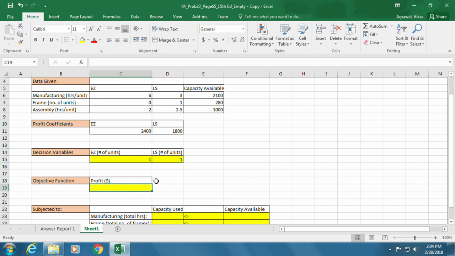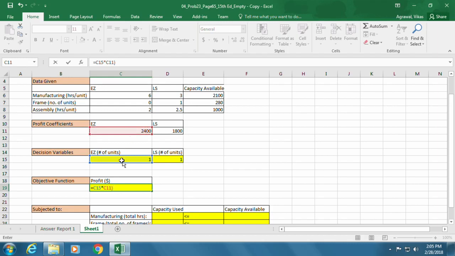So the way we're going to calculate our total profit will be given by this formula here. So this will equal total units of Easy model to be produced times profit for each Easy model.